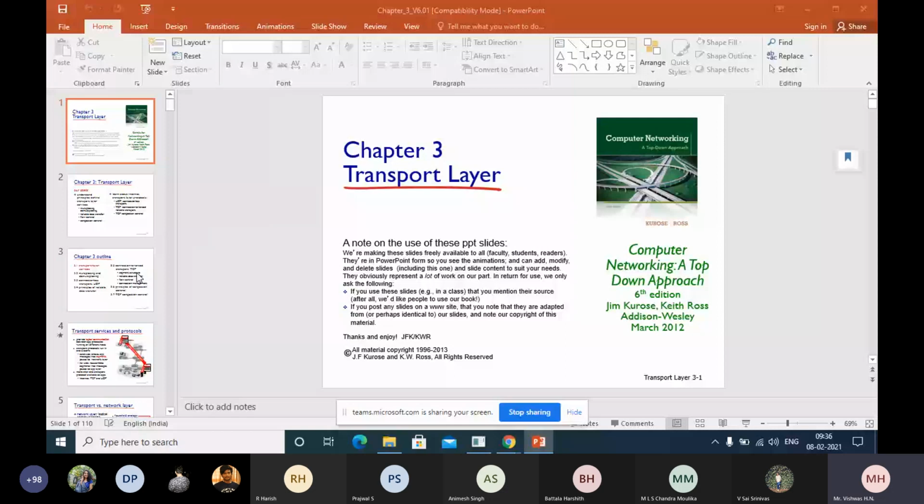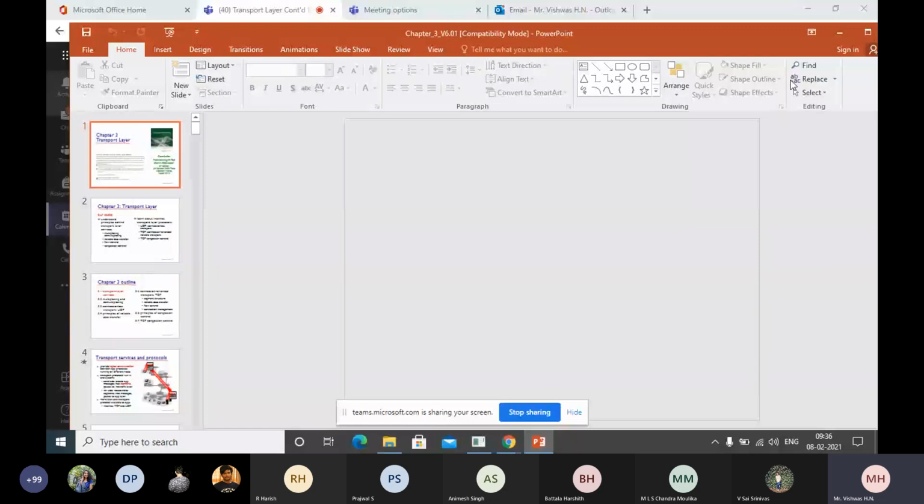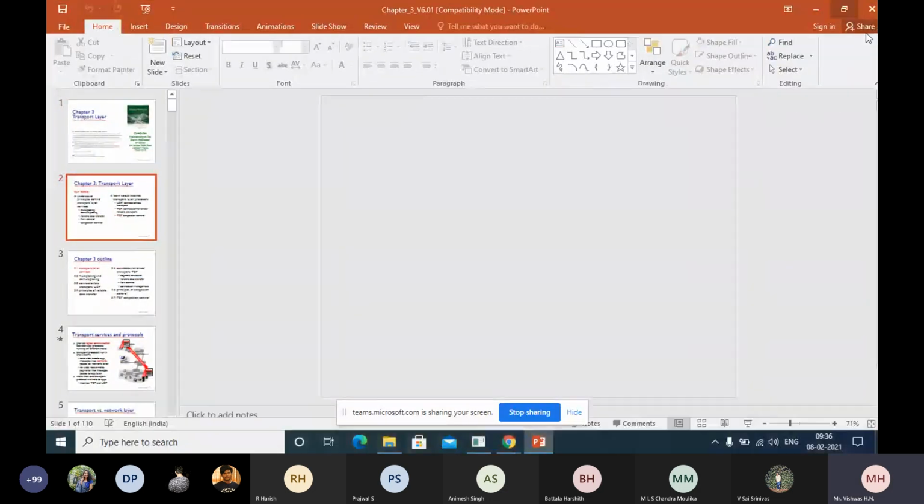In that, I have covered reliable data transfer protocol 1.0, right? Am I right, students? Yes, sir. Okay, so we have to start from RDT 2.0 today.